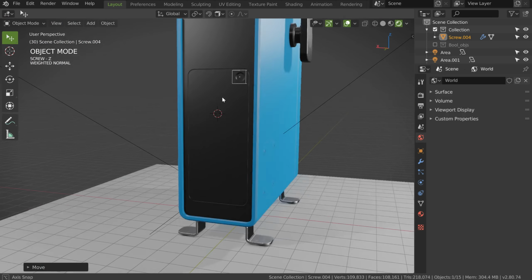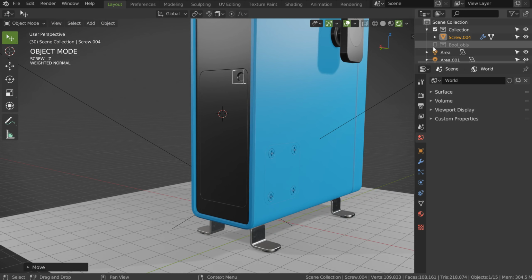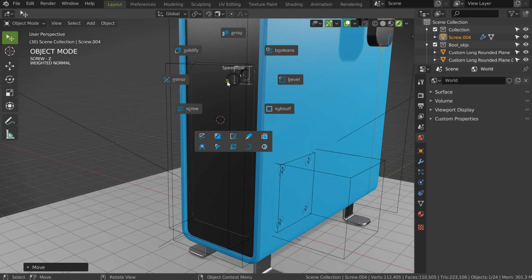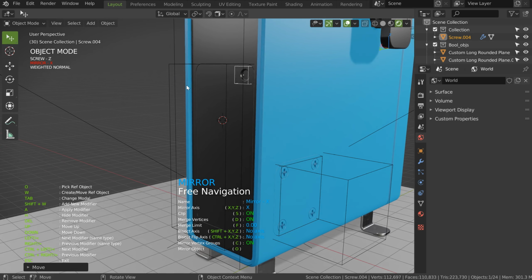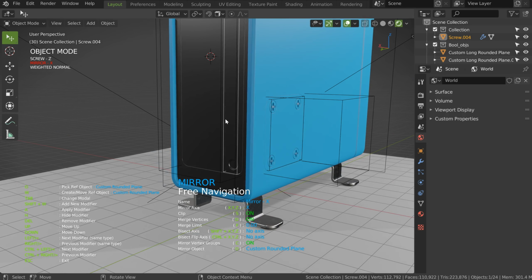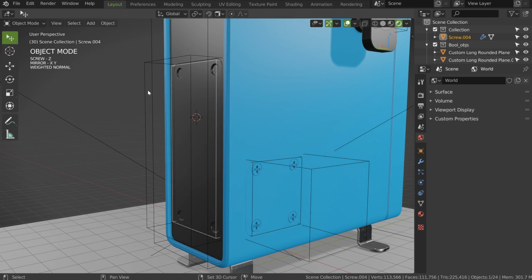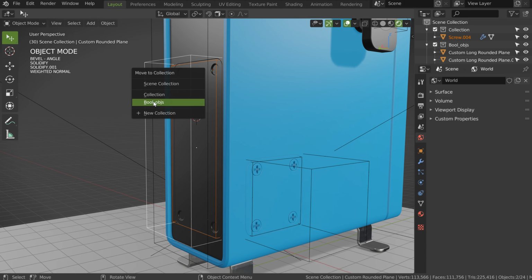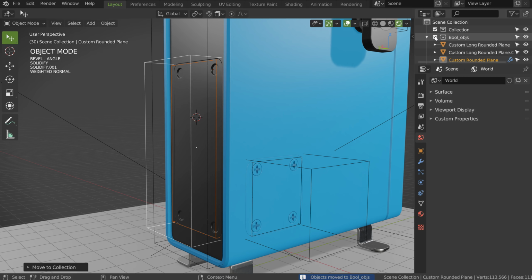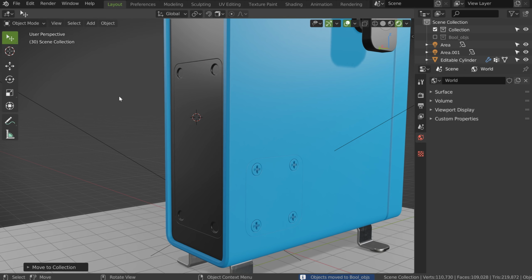I was too fast. So, I will do like previously. That means I will add a mirror. I will press O and I will select this one, as you can see, and I will add the x-axis, the y-axis in fact. And that's it. As simple as that. Those two will go in the bool object, and if I hide the bool object, I will have this.